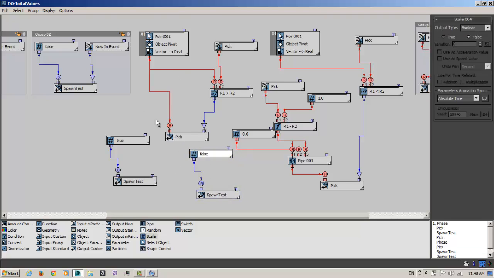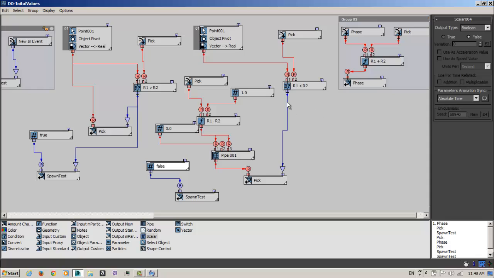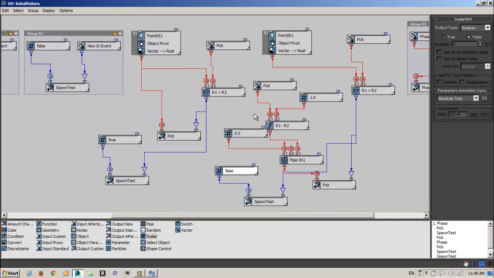Okay, in this case here, if it's greater, so it should make it, this is a filter, make spawn test true only if this number is greater, in this case, okay? And in this case, make it false, make the spawn test false if it's less. So just in the peaks we will have spawn test true.